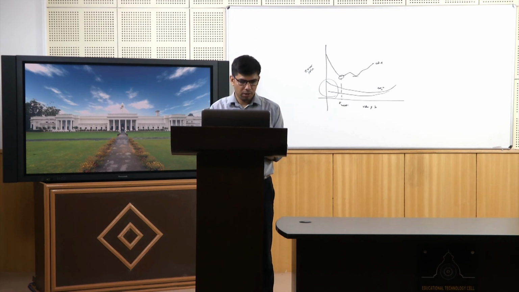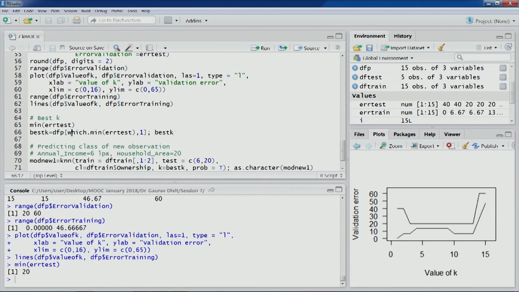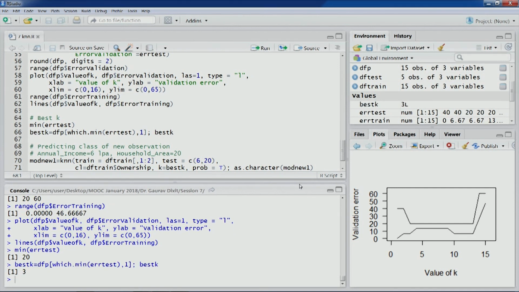We can do this using this particular code. In the brackets, on the row side, we are trying to identify the index where this minimum value is, using which dot min, and the very first. The indices of all the rows where this value of 20 is there would be in the result, but we want to pick the first one. You would see that 3 has been selected, which we also had identified by looking at the table itself. We were dealing with a smaller data set, so this was easier to do.